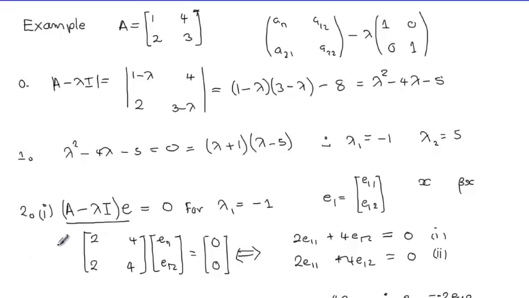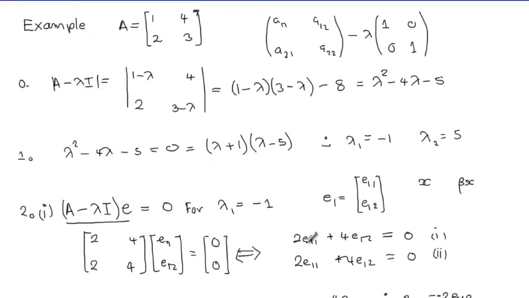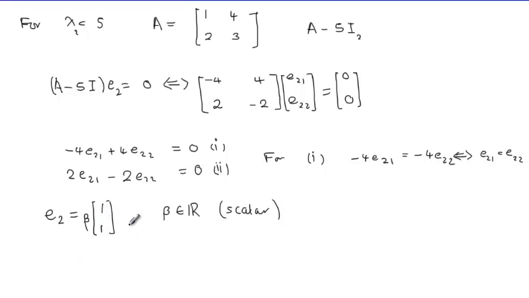Then we went through solving this system of equations to get the eigenvectors. One was minus 2, 1 multiplied by a scalar, remembering that if we find a single eigenvector, the scalar multiple of it is also an eigenvector, and then the second vector gave us this kind of vector. Now what we're going to do, we're going to proceed to getting an example of a 3 by 3